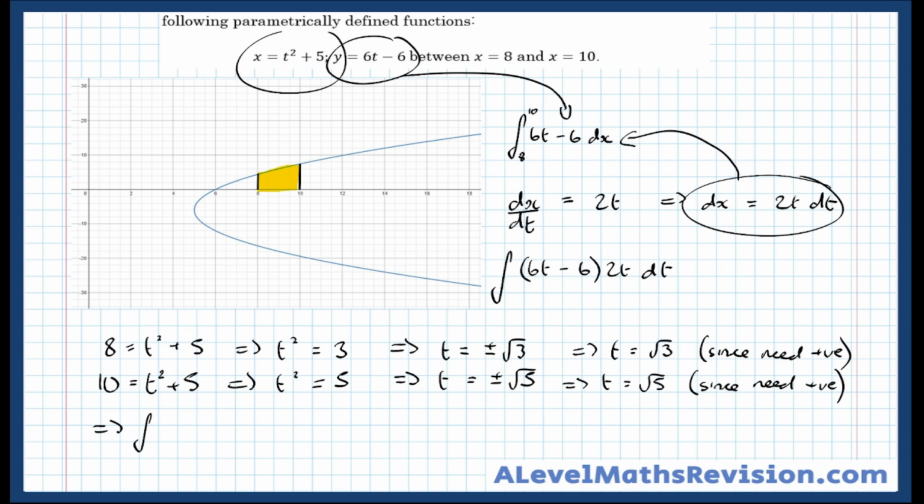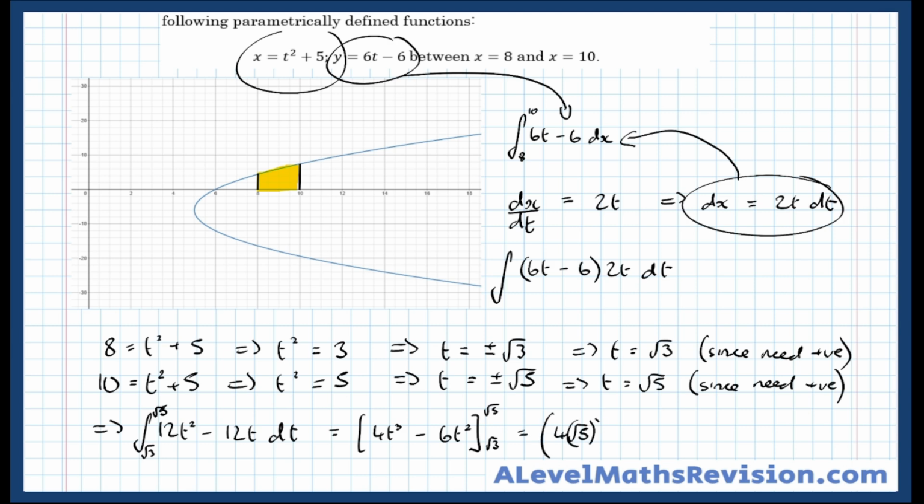So multiply out the brackets, we get 12t squared minus 12t dt between the two limits, and the upper limit was root 5 and the lower limit was root 3, which is equal to, okay, so integrating that, we get 12t cubed over 3, which is 4t cubed, minus 12t squared over 2, 6t squared, between root 5 and root 3 equals